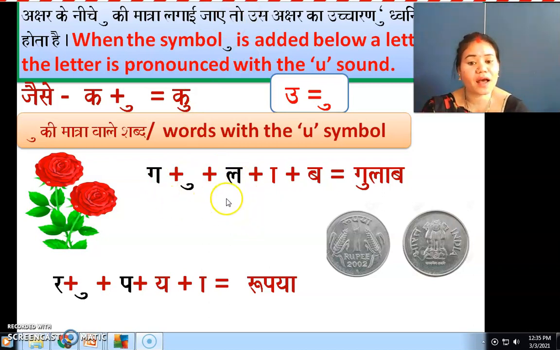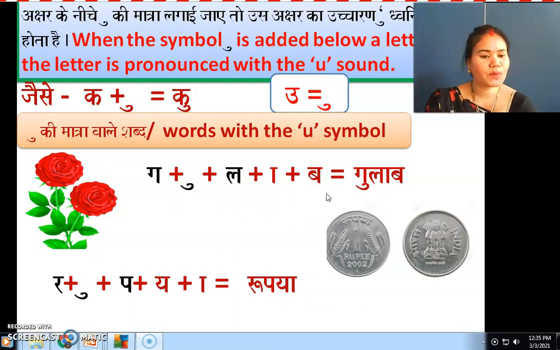Speak out. Gulab. Yes. Follow me and say G, U, Gu, La, A, La, B. Gulab. Say Gulab. So now you know the name of rose. What is it in Hindi? Gulab. Gulab ka full. The rose flower. Okay. Gulab ka full means the rose flower.